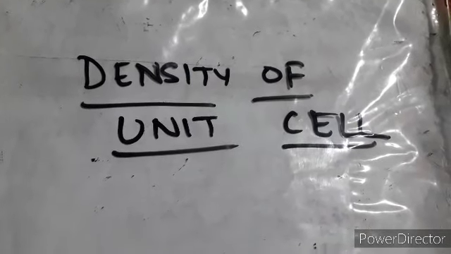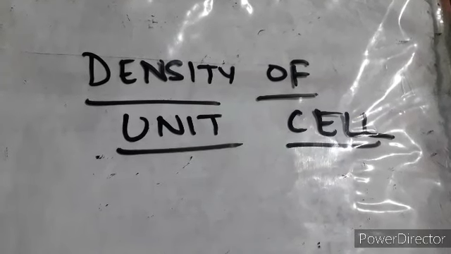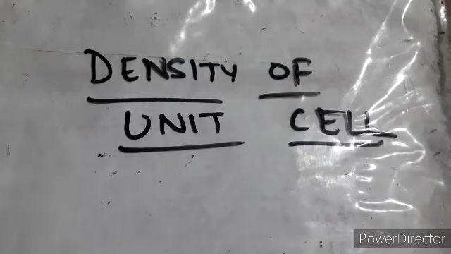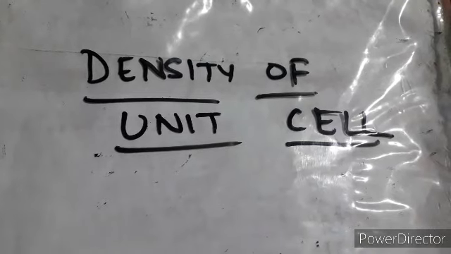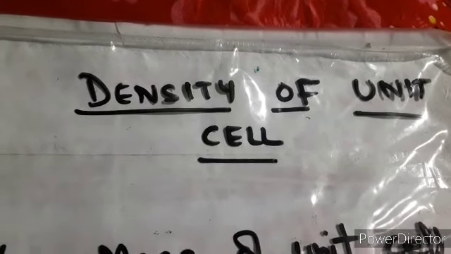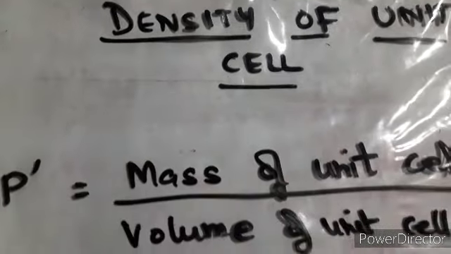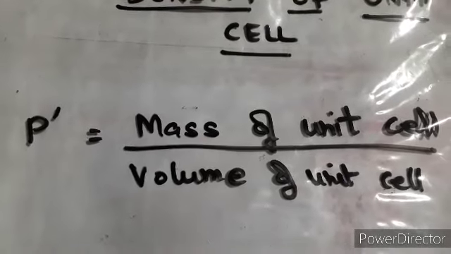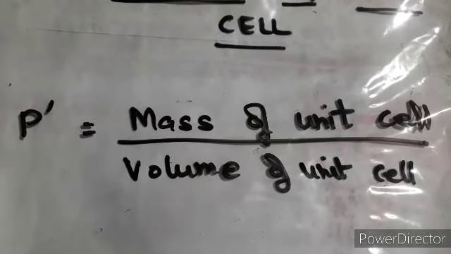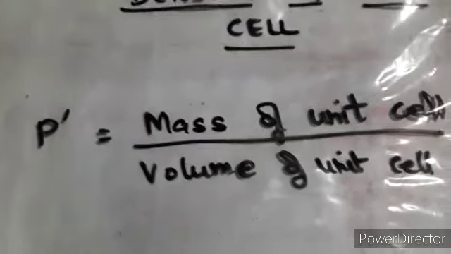In your previous classes you have seen this concept of density in a smaller grade, but we are modifying it because we want to calculate the density of our unit cell. Classes, you know the formula of density, that density is mass upon volume. So that concept only we can use, and we can put a new formula for it. So density, I have written here, is mass of a unit cell upon volume of a unit cell. This can be written in this form.